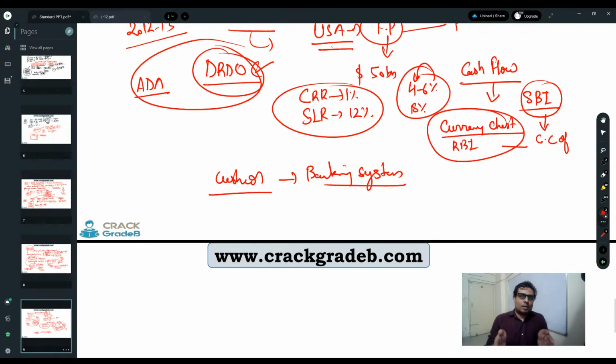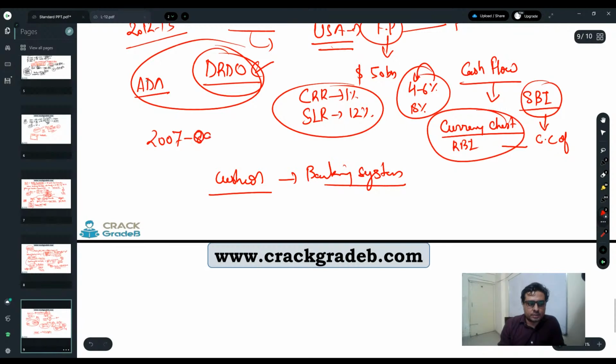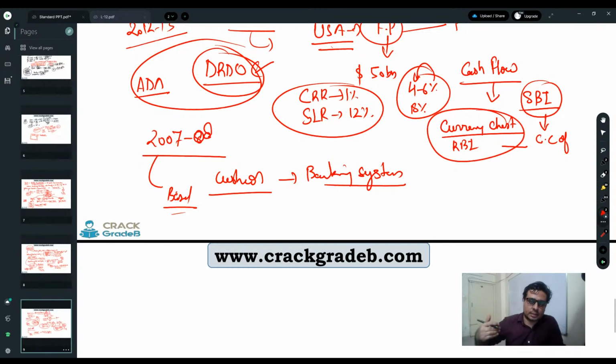So you can do this thing to prevent any kind of mishappening. It is always going to work as a cushion, and it worked well when the entire western countries, meaning US and Europe, were facing tremendous stress in the 2007-8 financial crisis, right? After that, the Basel Committee again recommended higher Tier 1 capital and higher Tier 2 capital. We will discuss that later.